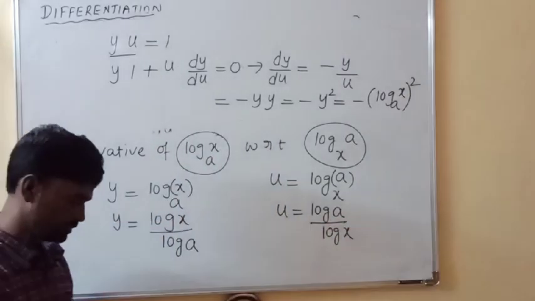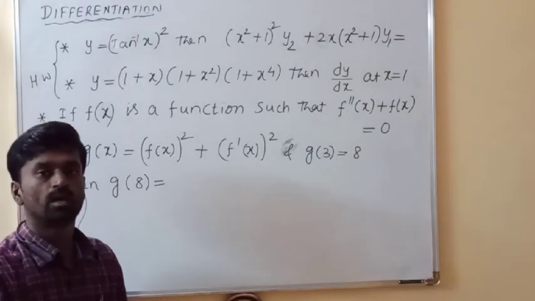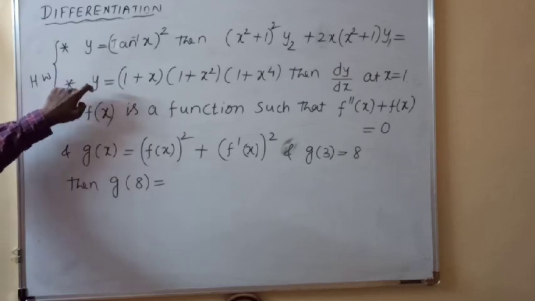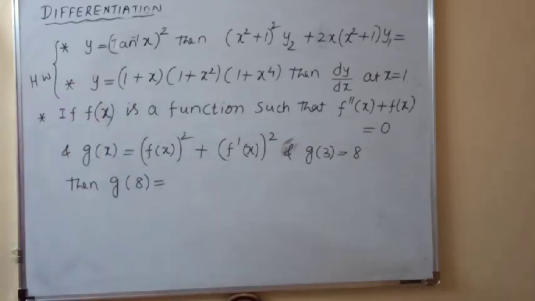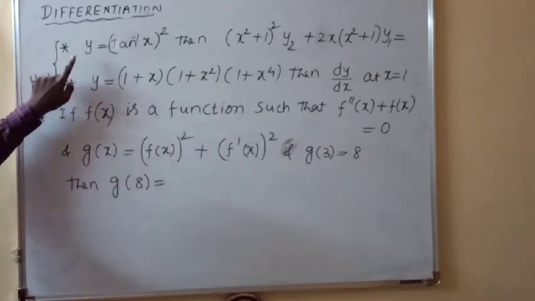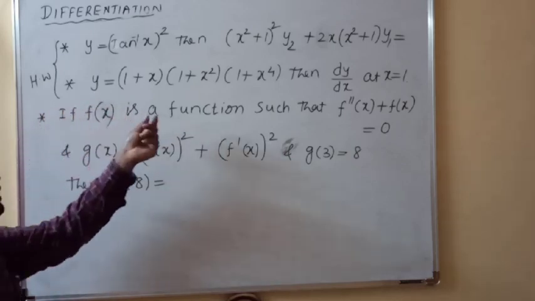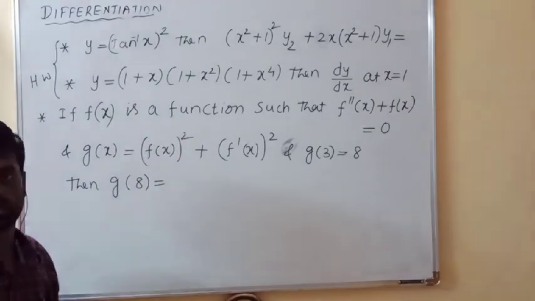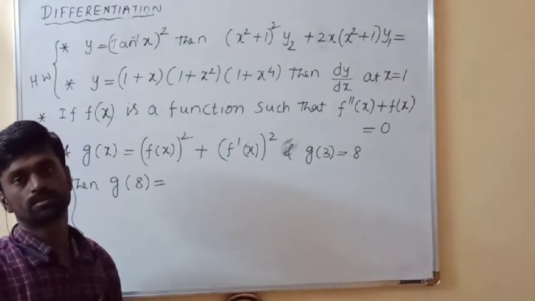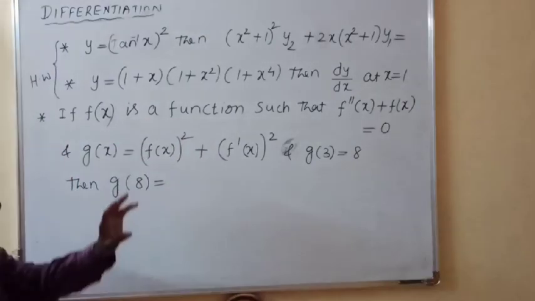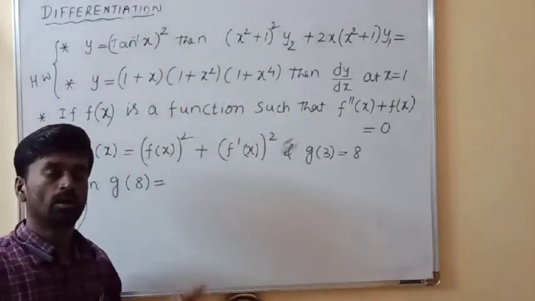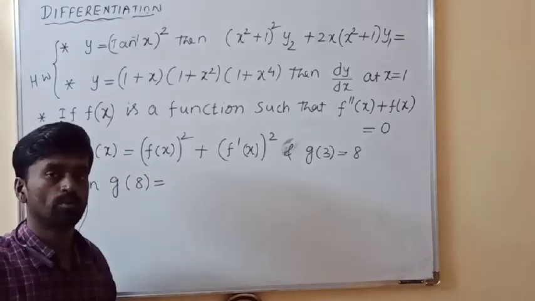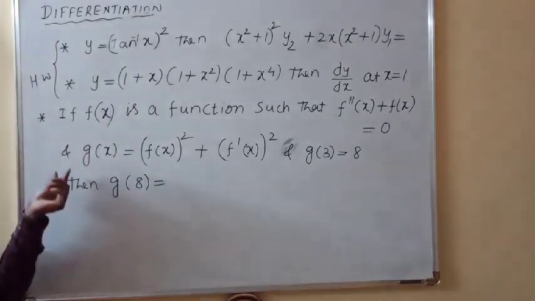Okay. Look at the last 3 problems. These 2 problems you take as homework, because these 2 are PUC problems only. This above one is a PUC problem, and for this below one, to get dy by dx, use the u into v into w formula. Then after differentiating, put x is equal to 1. Okay. So solve these 2 problems and write your answers in the comment section.